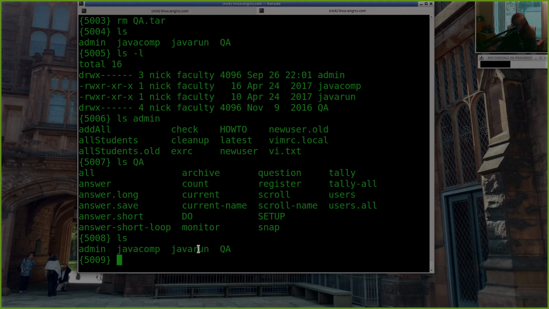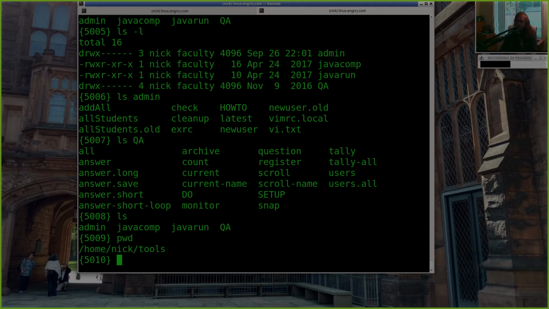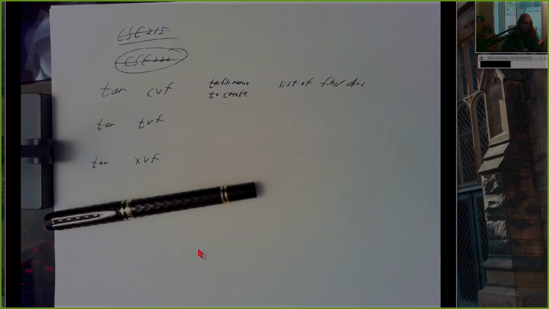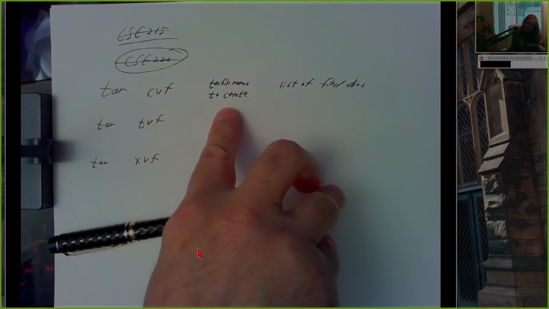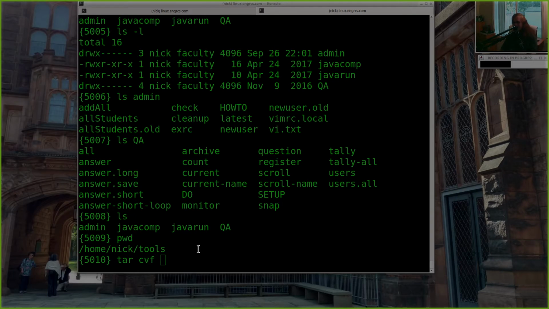So I have all this stuff, and I have a few files in here also. And let's say that this directory, which is called tools, I want to make an archive of that. Alright, so I'm going to use the tar command. So I'm going to say tar cvf, followed by the name of the archive I want to create. And so I'm going to make an archive in my home directory. I'm going to call it toolbackup.tar.